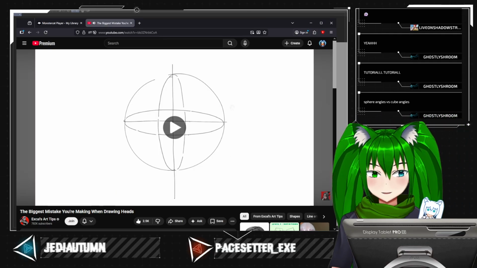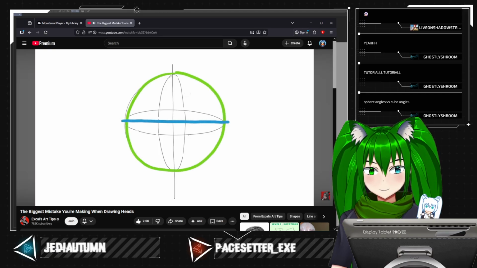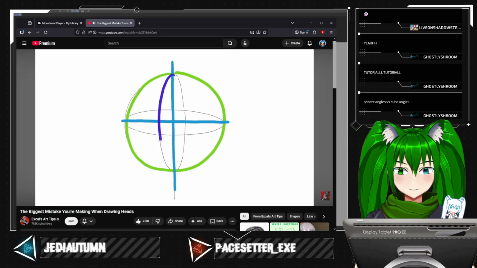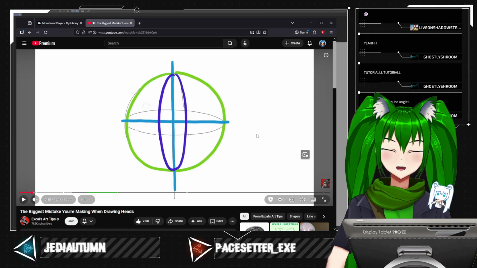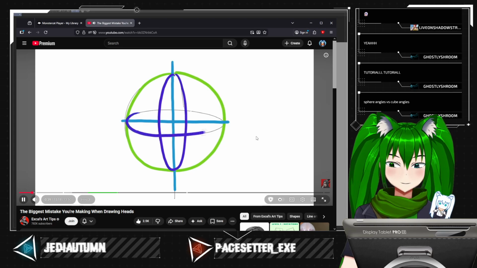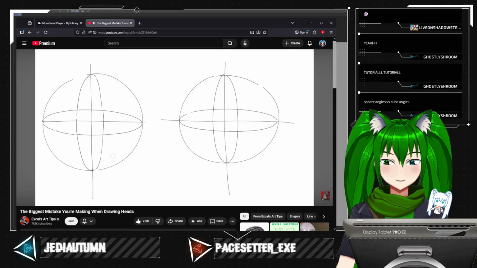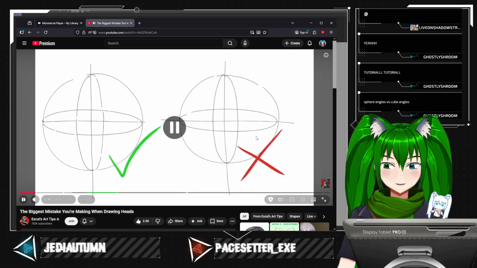Yeah, exactly. 5 lines, technically. We have the circle, 2 lines that divide the circle in quarters, and 2 ellipses. So we have 3 of these lines so far. For this sphere to be correct, these lines need to be near perfect. They don't need to be absolutely perfect, but